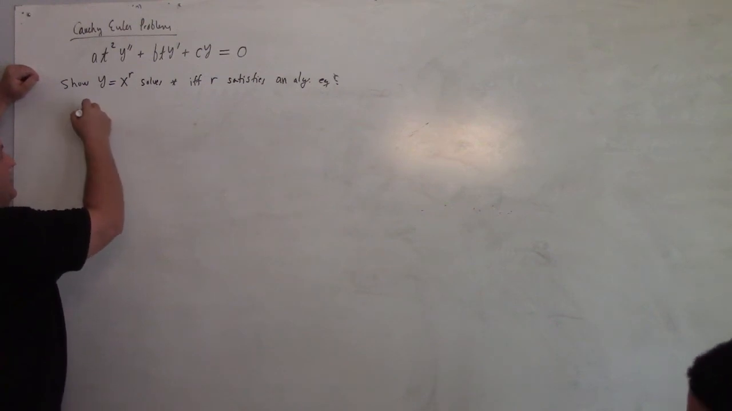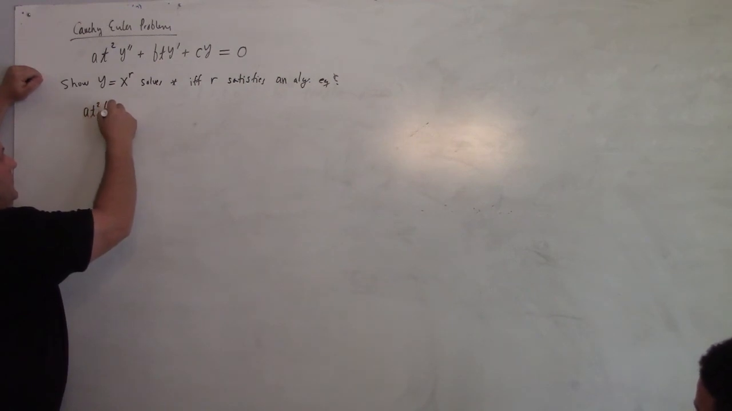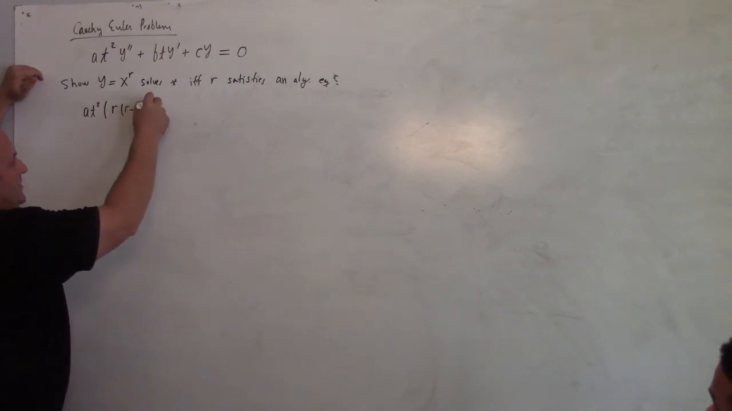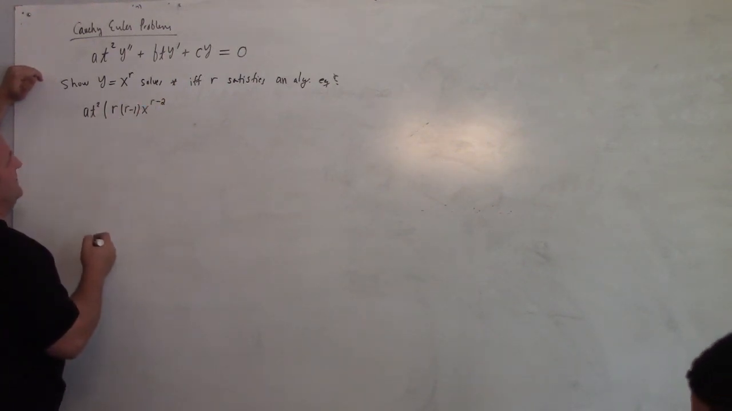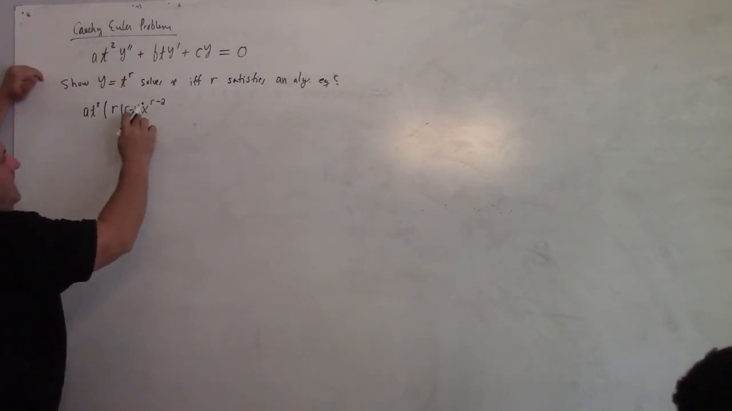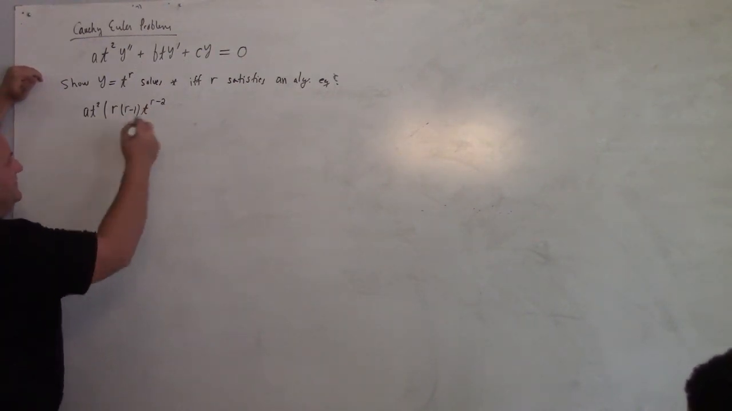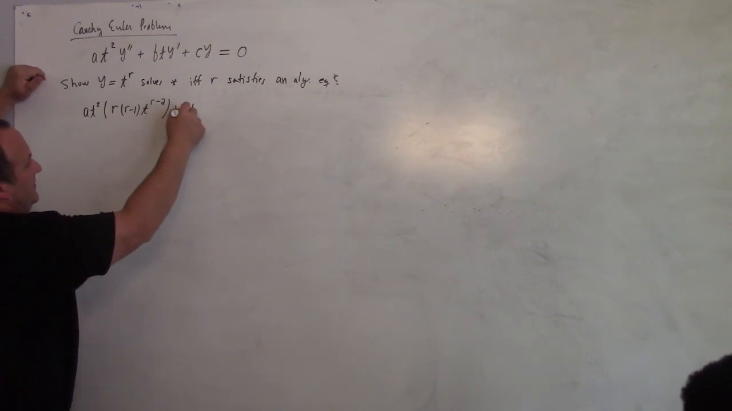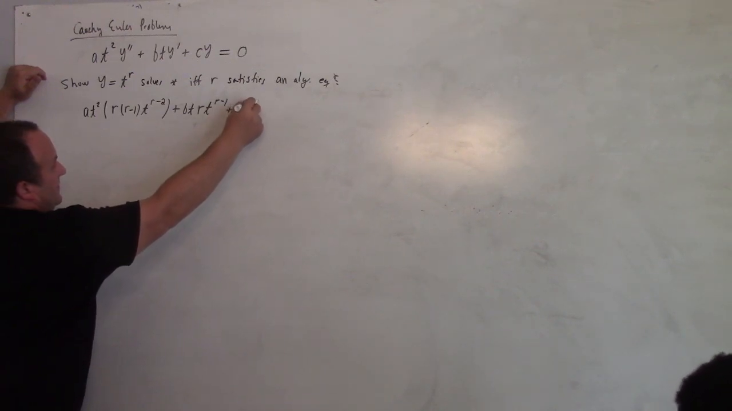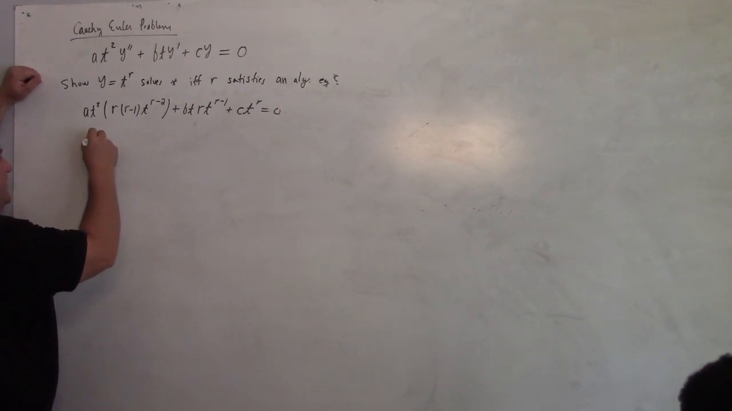So what you do is you plug it up in there. So you got yourself an a t squared, and then you take the derivative. So differentiate once, you get r x to the r minus 1. Differentiate again, you get r times r minus 1, x to the r minus 2. I seem to have switched from t to x. Let's try that again: t to the r. So that's the second derivative term, and then of course b t r t to the r minus 1 plus c t to the r. So lo and behold, we got ourselves an a r times r